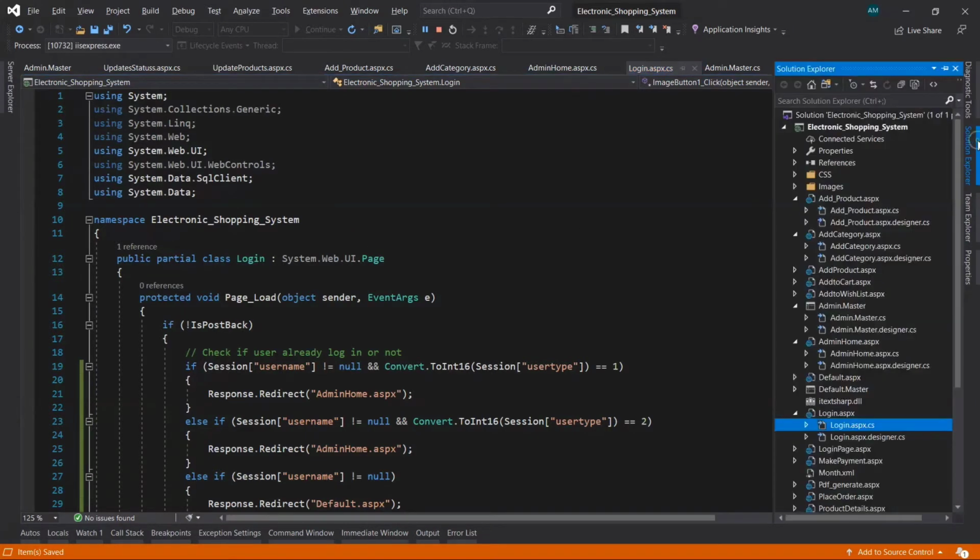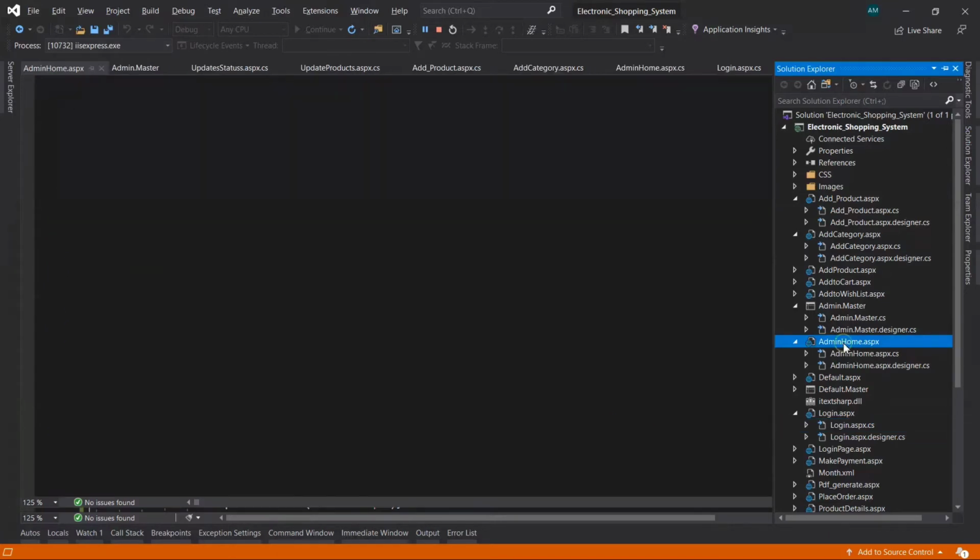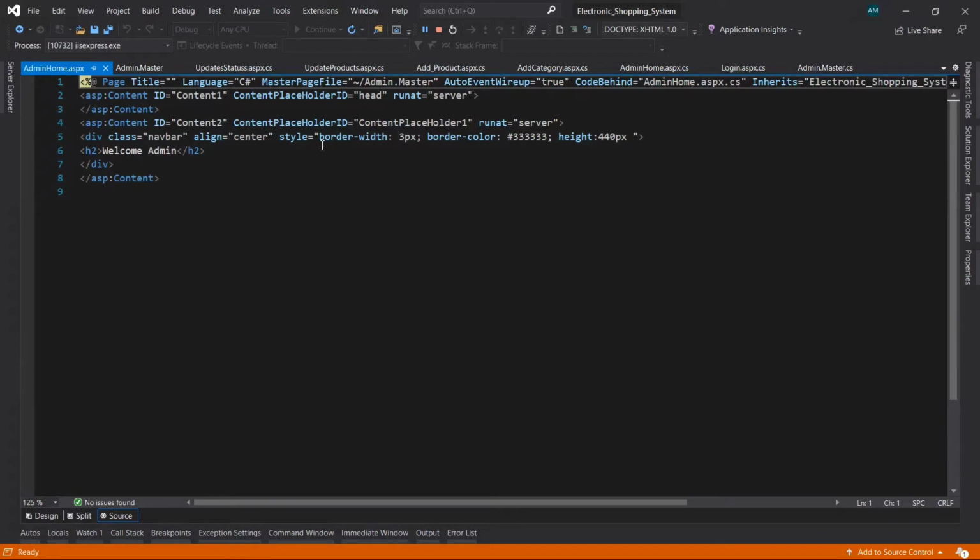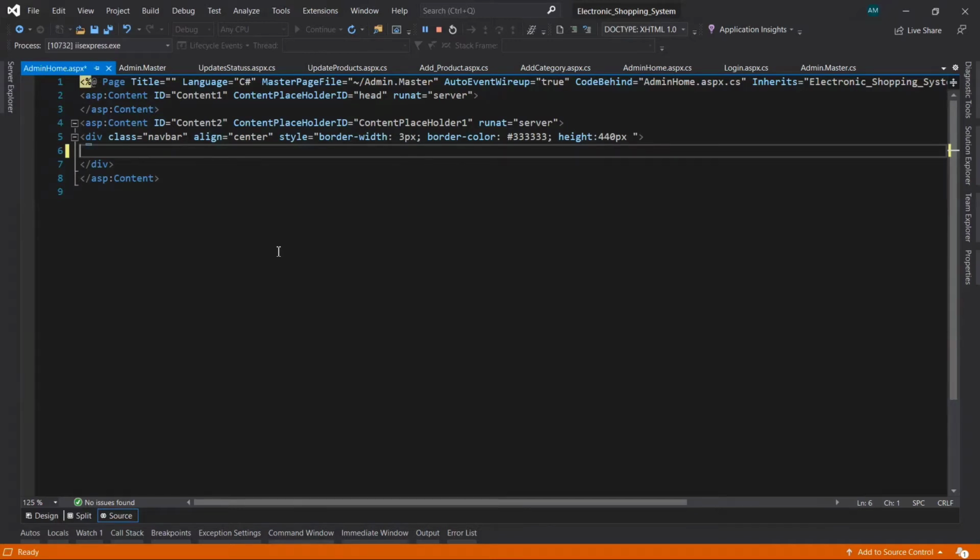So now go to another page, that is the admin home page. Here, remove this code, because instead of a static welcome text to the admin, we want to give a dynamic welcome for the corresponding user login.